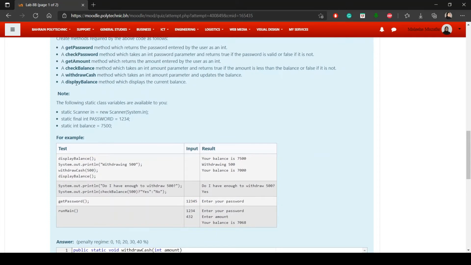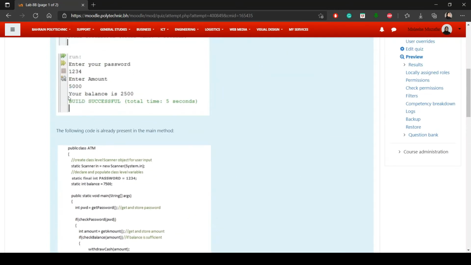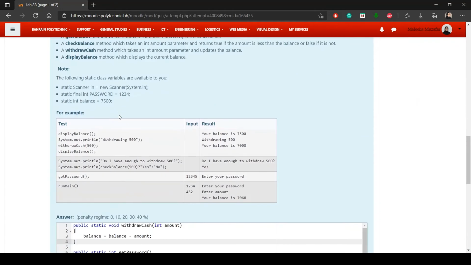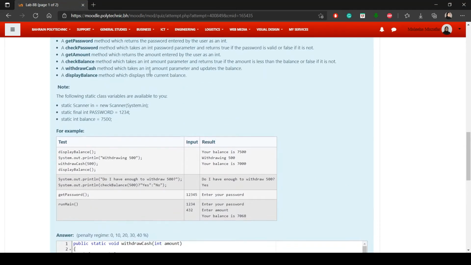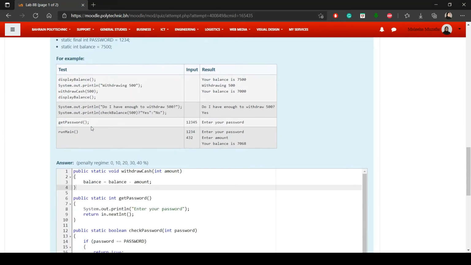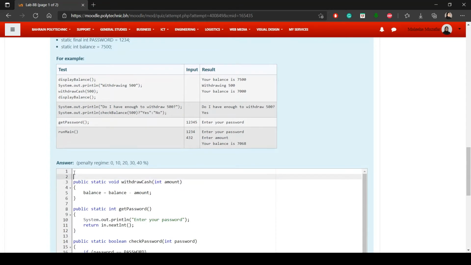And the last one is just display the balance. So for displaying the balance, it's usually displaying like this. Your balance is, and then the amount, right? So for that one, it doesn't take any parameter, it doesn't return anything, it just displays. So again, public static void,